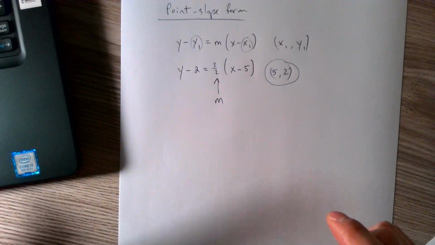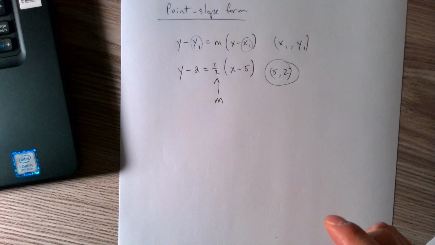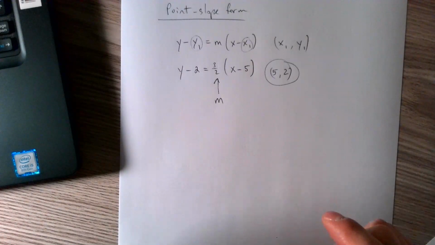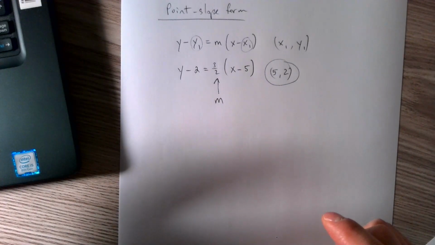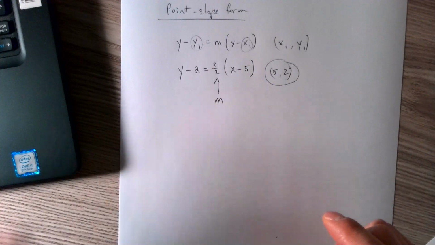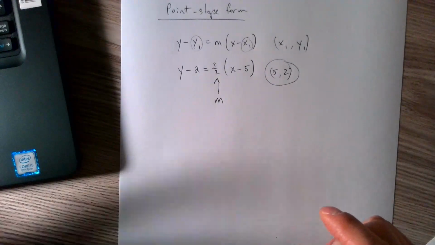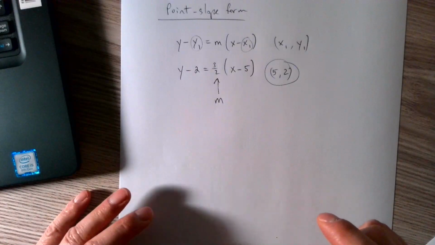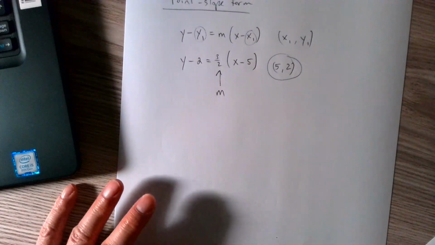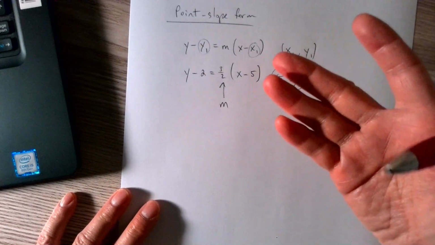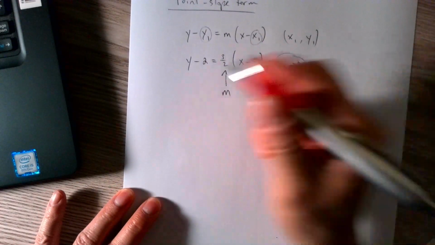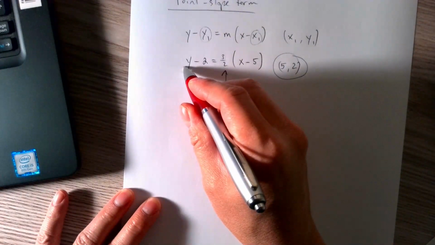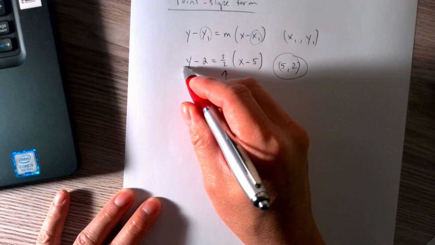What do I not have? I don't have the y-intercept, so that's a disadvantage. I don't have the y-intercept, I don't have the x-intercept. To find those, I have to do some work on my own to get them. Okay, can I transform this into the other forms? Yes, I certainly can. So if I want to turn this into slope-intercept,